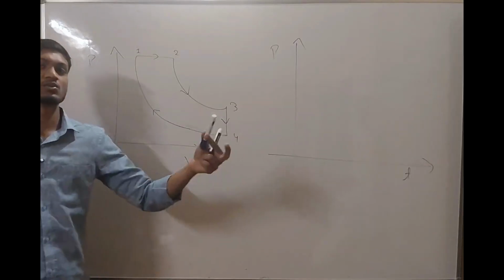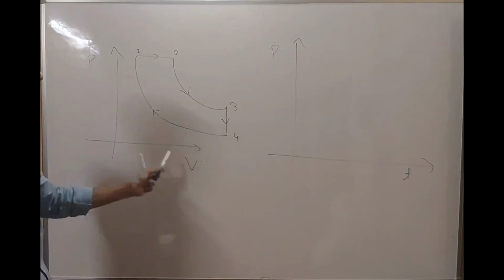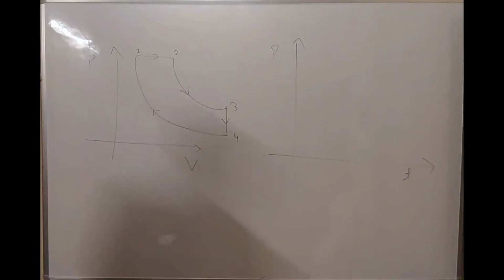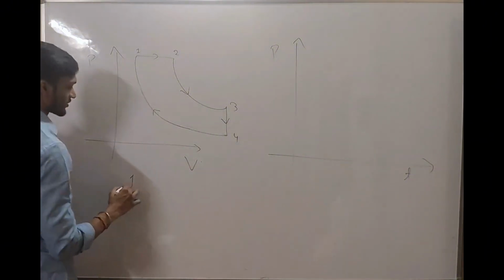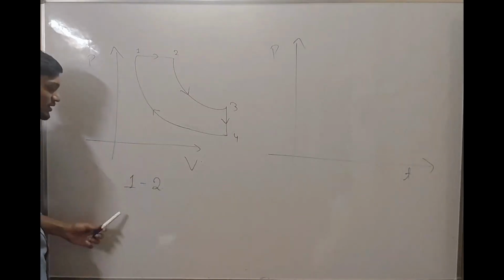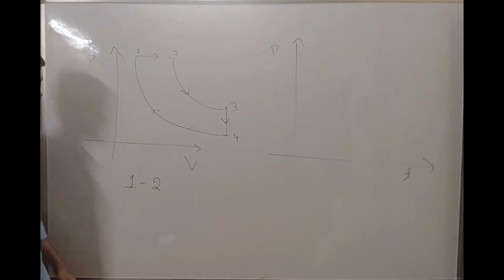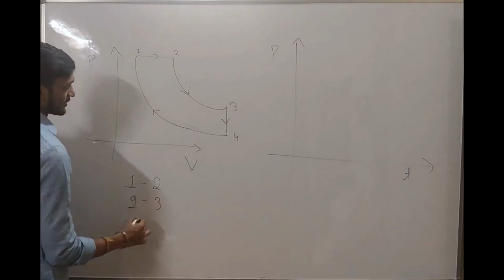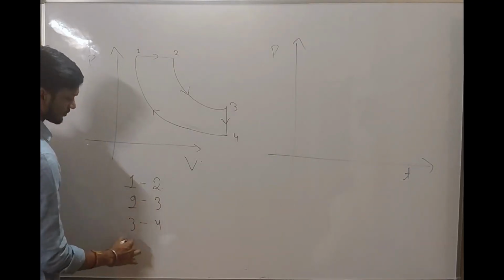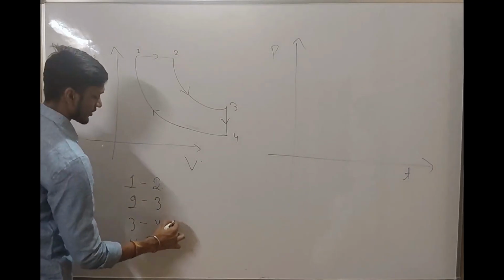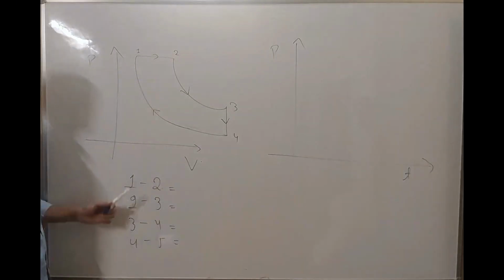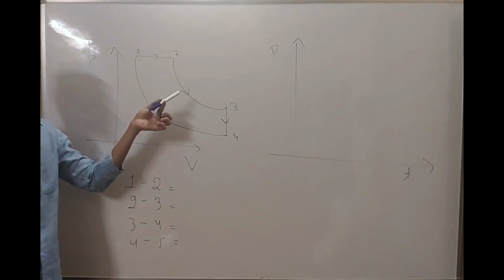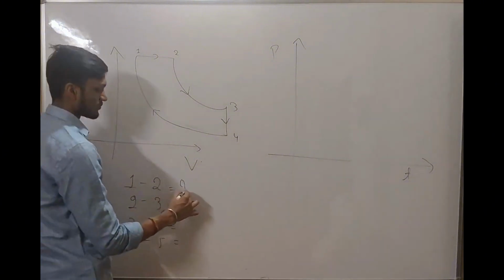In this particular question, we were given the PV graph of a process. The process is happening in such a way that it is first moving from 1 to 2, then from 2 to 3, then from 3 to 4, then from 4 to 5. From 1 to 2, if we carefully analyze, the pressure is remaining constant. It is an isobaric process,